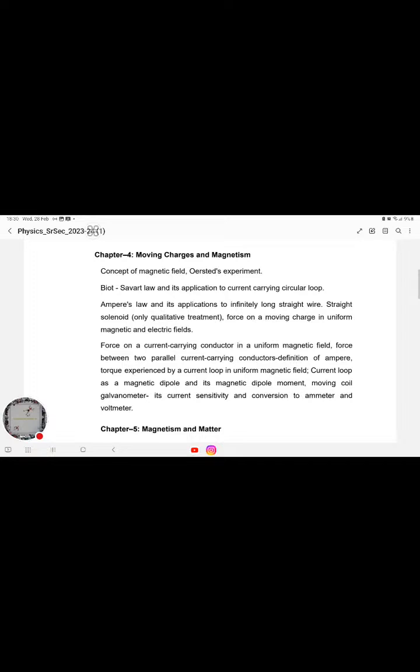Ampere's law and its applications to an infinitely long straight wire, straight solenoid, force on a moving charge in uniform magnetic and electric fields, force on a current carrying conductor in a uniform magnetic field, force between two parallel current carrying